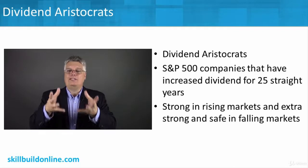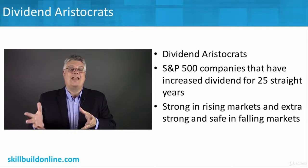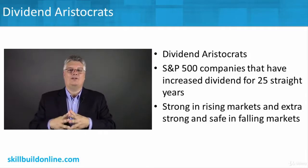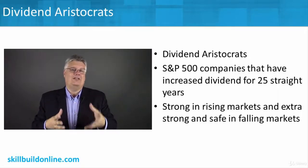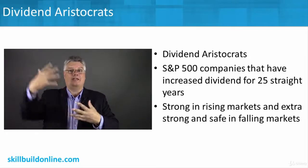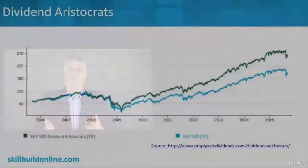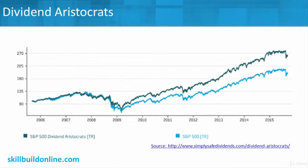And so the best of the best dividend stocks, in terms of paying out a dividend for 25 straight years and raising that dividend for 25 straight years, is a good safe stock. It's still a stock, still volatile, but better than, let's say, a high-performing growth stock that could go up but go down fast. So let's look at some numbers and see how these Dividend Aristocrats have done compared to the wider market. This first chart looks at these Dividend Aristocrats, the best of the best, the 25